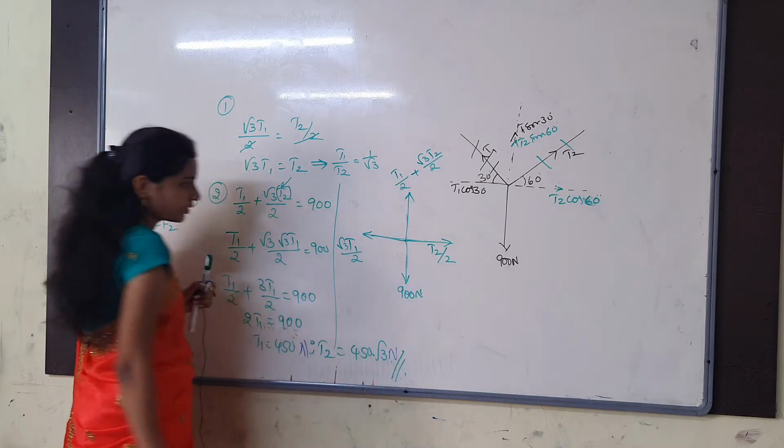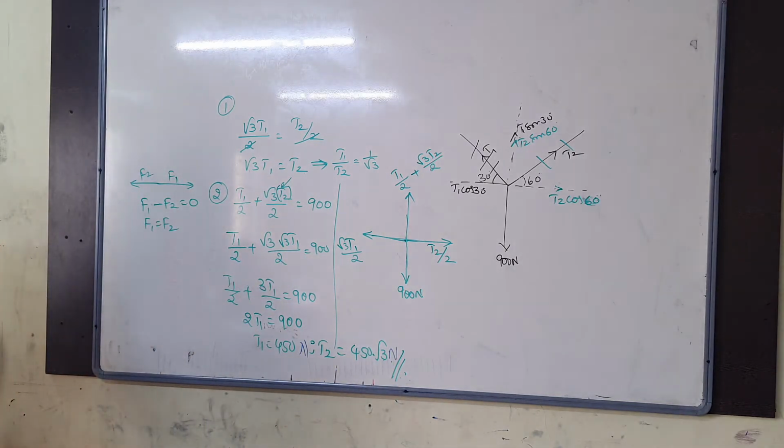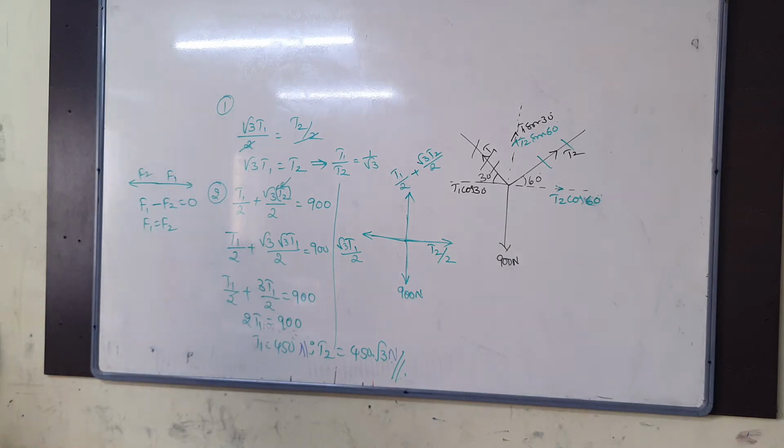Copy that. Anybody done this? No one? You got it before only? Yes. Only the first one you have done, na? First equation we have done. You did not find T1, T2. T1 by T2, na? They are asking. Yes. Correct only, na? We got. Yes, 1 by root up to 1 by root. Why you got like that?